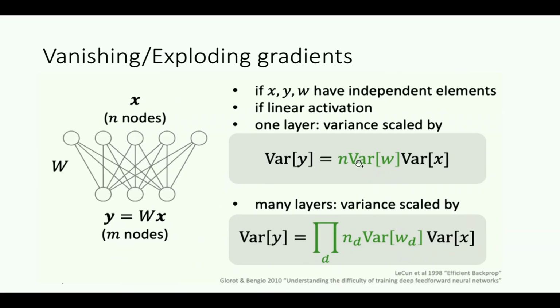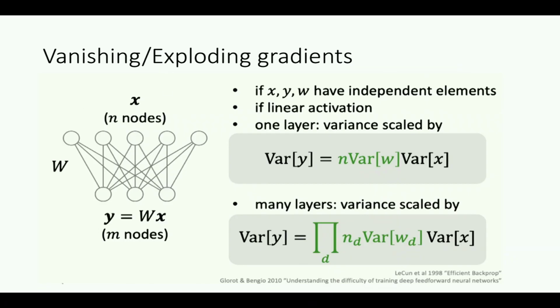variable y, which is related to the size of your input layer, the variance of your weights, and the variance of the input data, right? The variance of input data is something you can't control besides doing the normalization. So after normalization, the variance is fixed, but the variance of the weights can be controlled, and that's where initialization helps. And once we stack these layers,